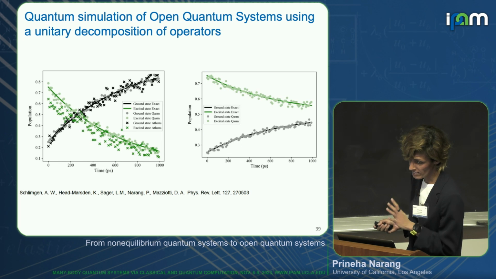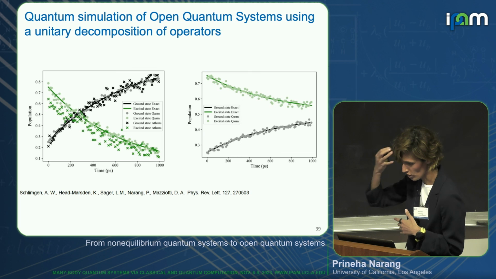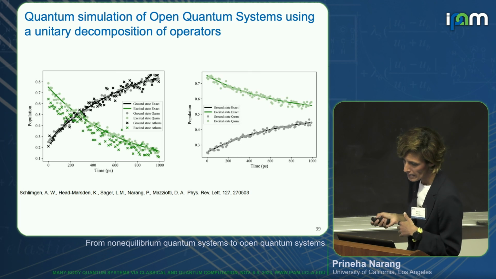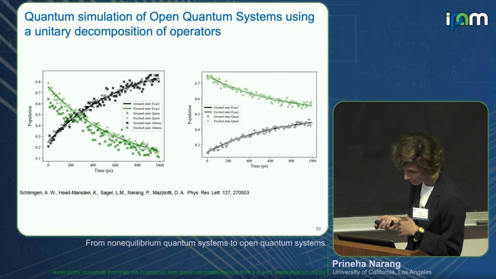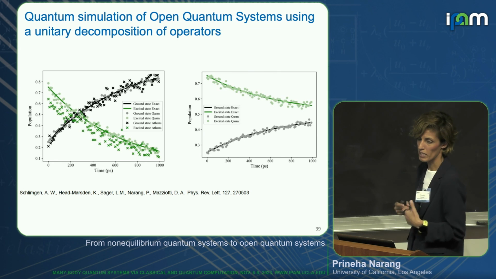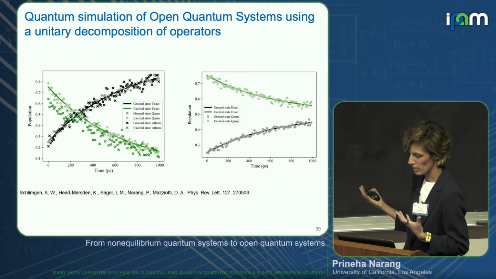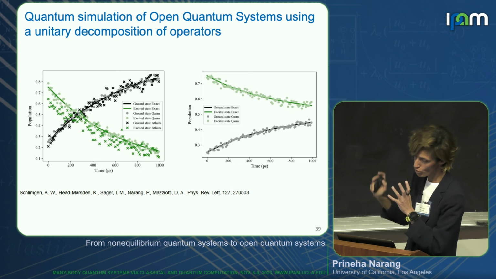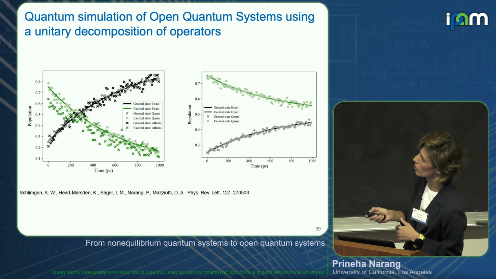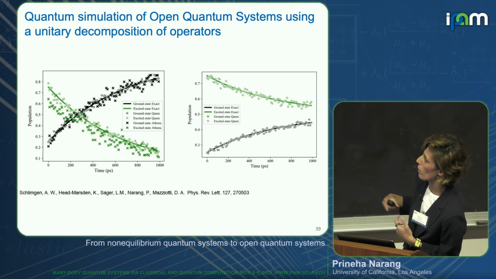So the lines are the exact Kraus evolution, which you can do in this context. And this is now about, I want to say 2 to the 13, but I'm looking at my notes and I don't have that here, for a 2-level system in kind of a general amplitude damping channel. And we have 2 scenarios here. This is the zero temperature, and this is the finite temperature case,